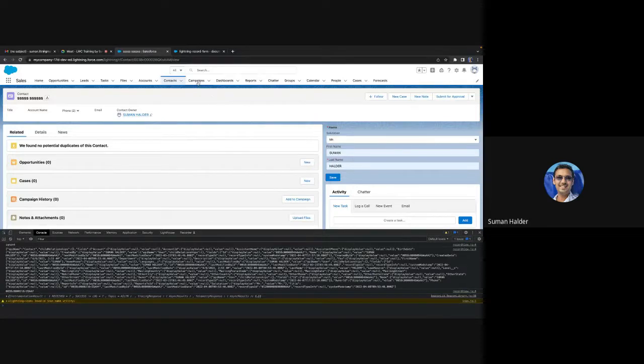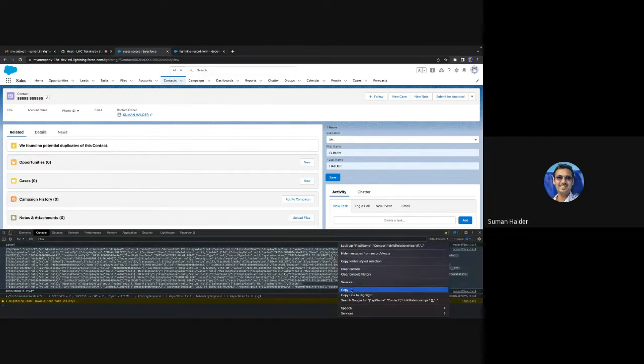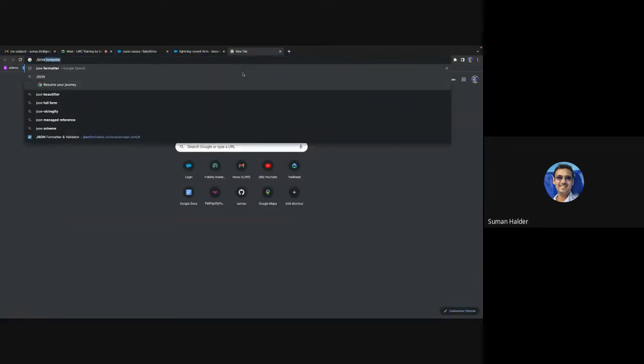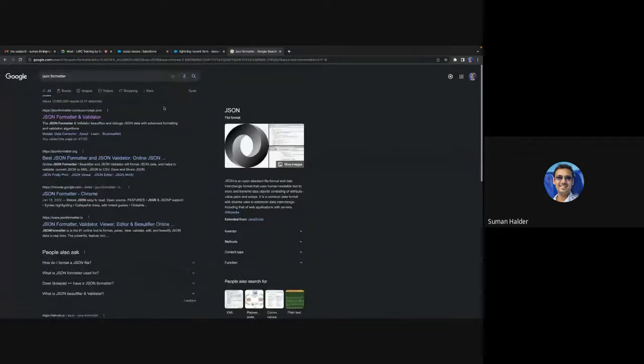So this is what you saw, and in this you see Suman4 is displayed. The whole JSON is displayed here. And then this is the record ID from the JSON. So if I just copy this JSON, and then let's say JSON formatter,